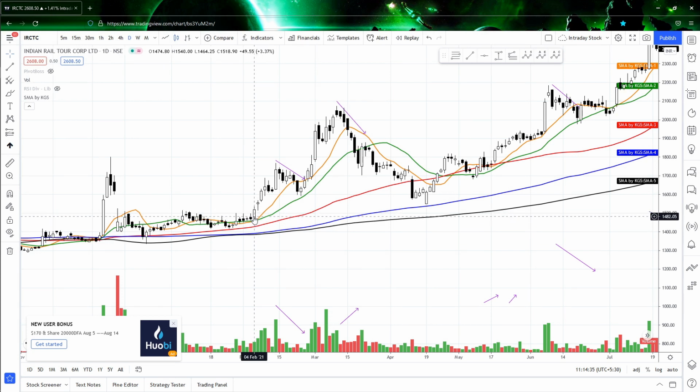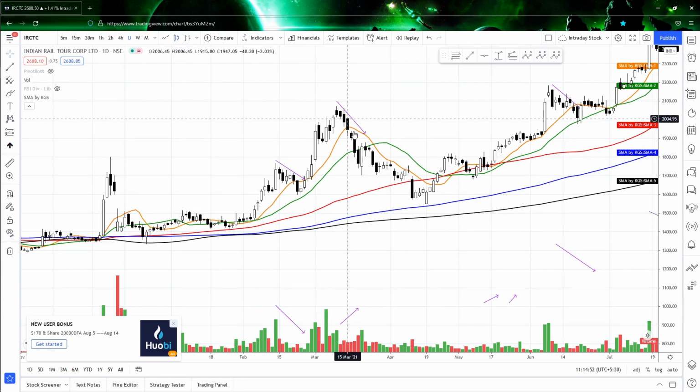So here, if you see, the price has given a crossover, and the moving average has given a crossover, and also the price has closed above all the MAs. So you can take an entry over here, and you can keep your SL. I'll tell you what your SL should be. Clear. So you can take an entry over here, and then you can go further upside.